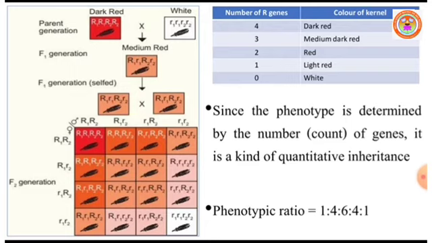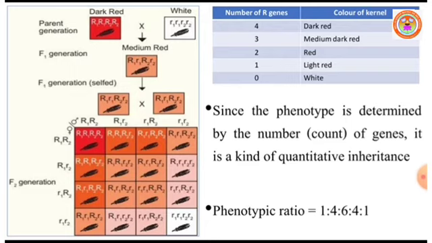Due to the absence of the capital R gene, which is dominant, the recessive gene produces the color called white. The capital R gene is additive. It acts in an additive manner to produce the red kernel color. The number of each phenotype